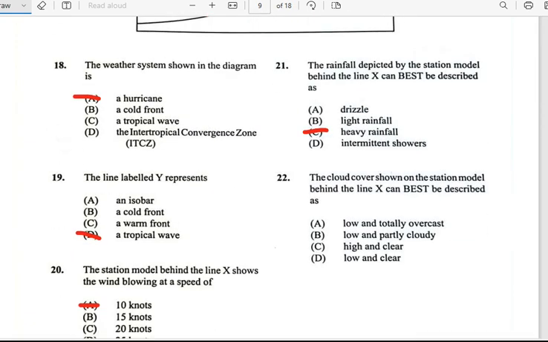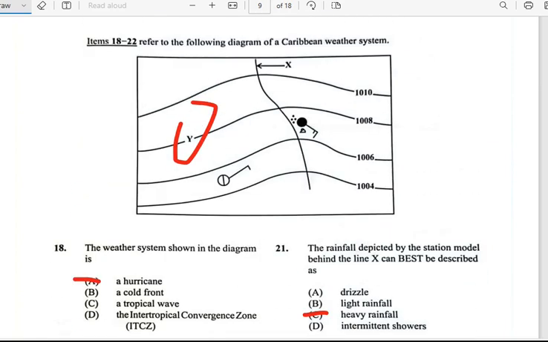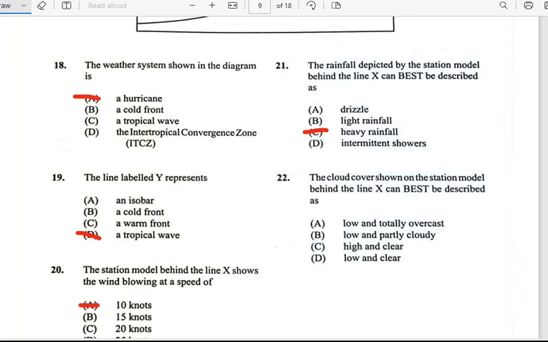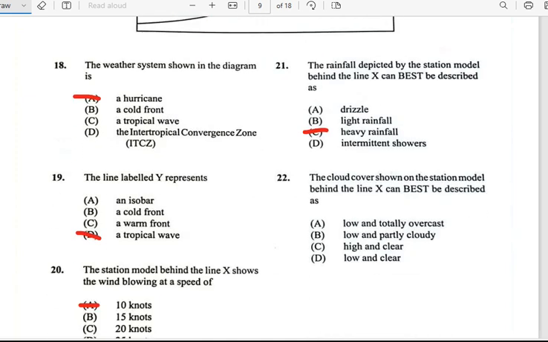Number 22, it says the cloud cover shown on the station model behind the line X can be described as... Alright, behind X. So we have low and totally overcast, low and partly cloudy, high and clear, low and clear. Alright, so we will go with low but partly cloudy on this one. So I will go with low and partly cloudy. Alright,